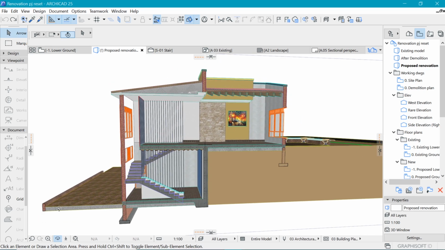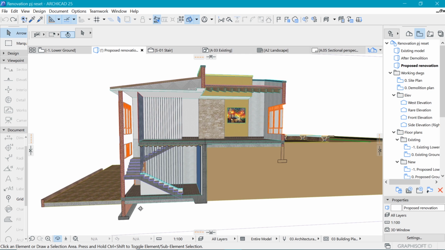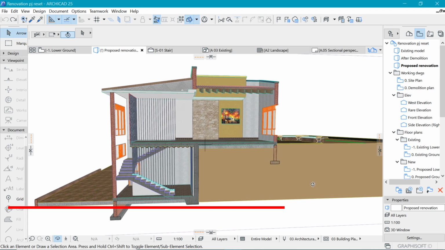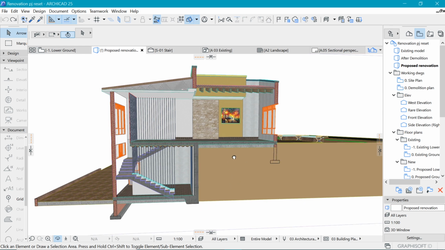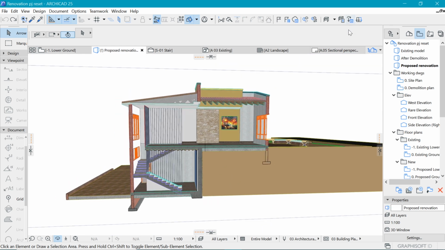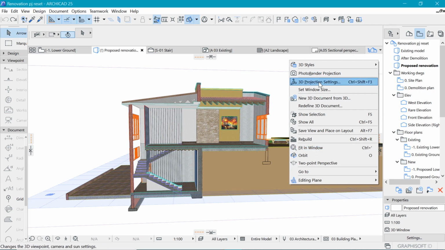So right now the lines are not parallel to the ground, so you can see that there's a slight angle, and that's bugging. It's not good. So we need to be able to straighten that out. In order to do that, make sure that, let me zoom out a little bit and right click, go to